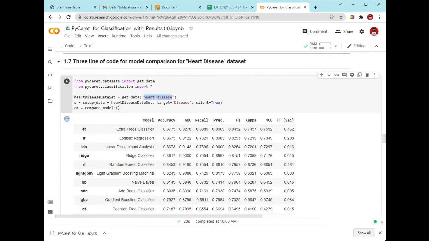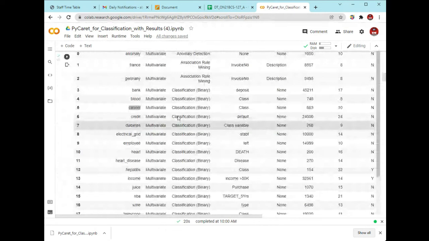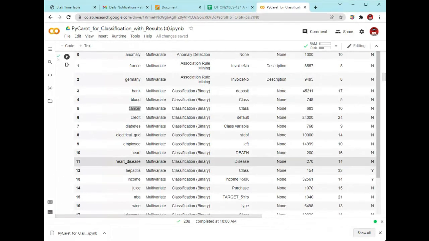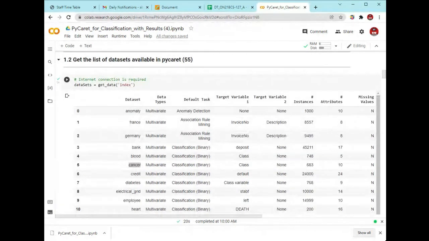And we define the setup function. In the setup function we first define data, that is the heart disease dataset. Then we define a target, that is disease. So again, how will you find this target? You can scroll up and find right here the heart disease dataset, line number 11. This is the heart disease dataset, and when you scroll up you will find target variable 1.